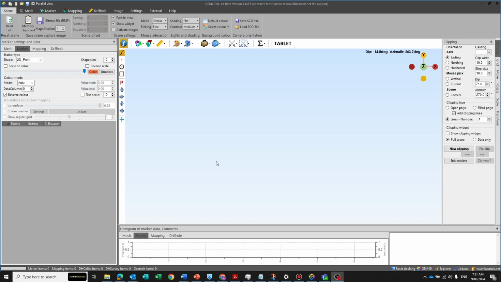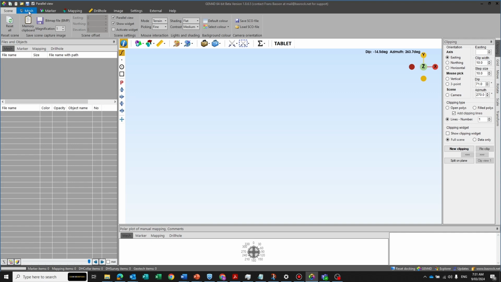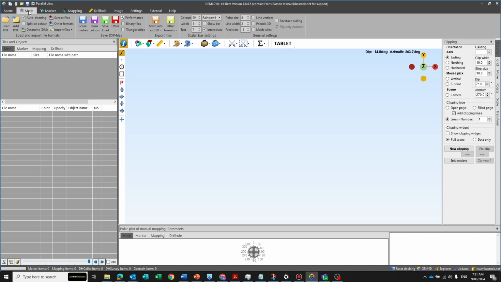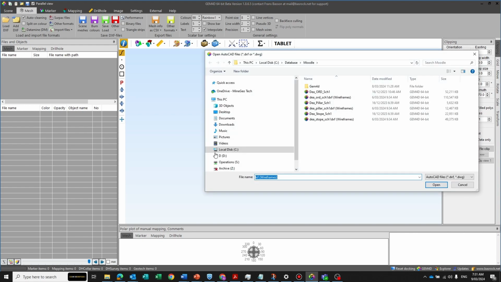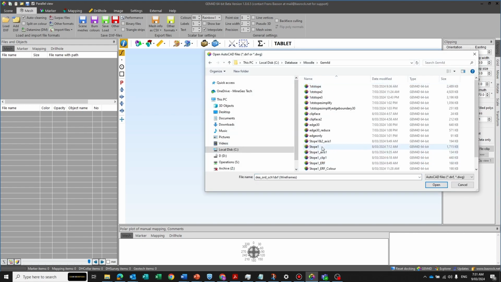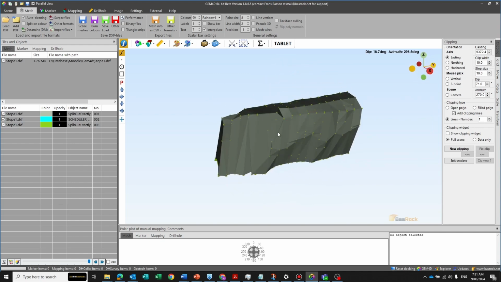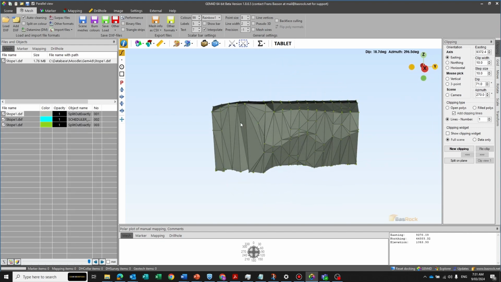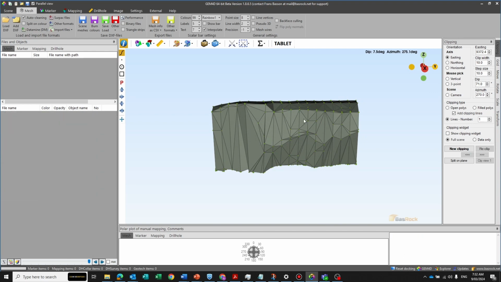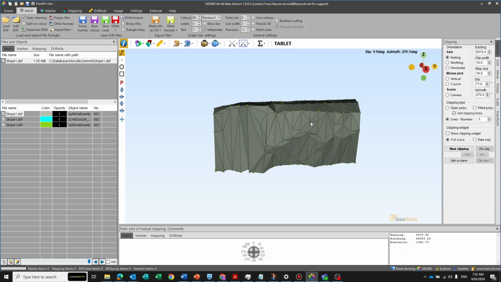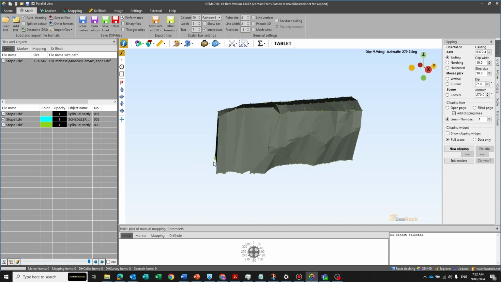Hi, I'm going to run through using GEM4D to create ERF values for stopes, and there's two ways to do this. I'll deal with the first one in this presentation. So I'll start with loading a stope, which I have exported from Datamine. Datamine exports have triangles and points, and the simplest way to generate ERF for this particular stope will be